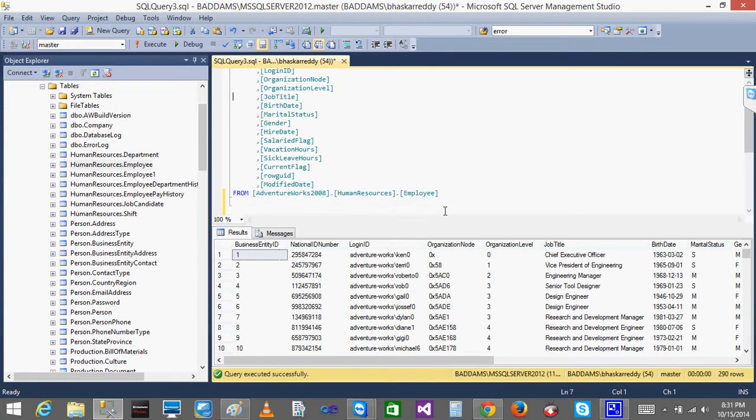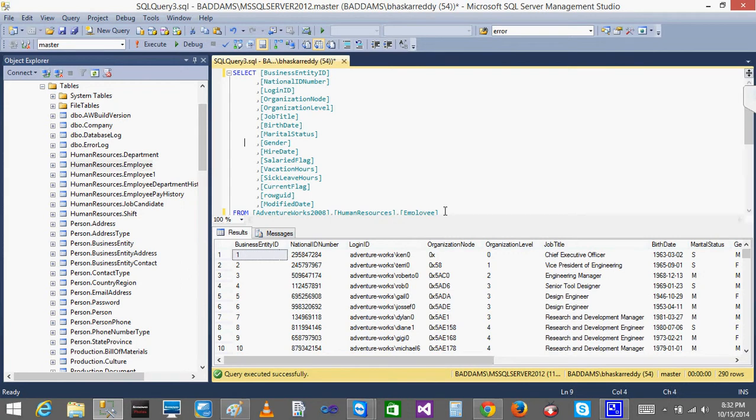see the following columns. He should not see the gender. Okay, I am commenting it. It should not see my hire date. It should not see my birth date. It should not see my marital status. It should not see my vacation hours, sick hours. Others you can see: organization role, job title. These are the only columns that other people who log in should see. So now what we do is, I create a view.